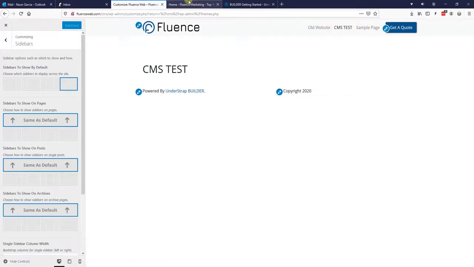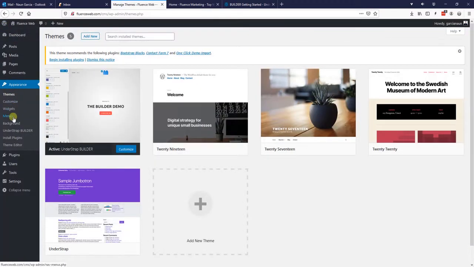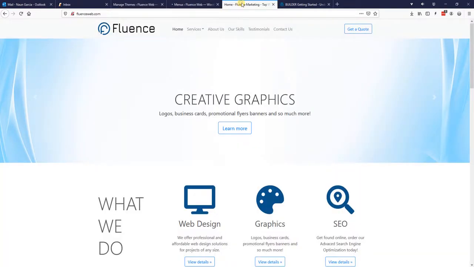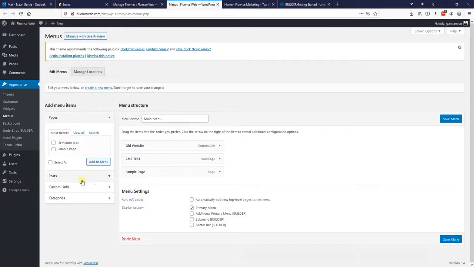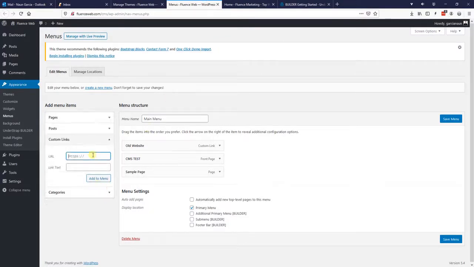And I'm also going to redo my menu really quick. And all you have to do to exit this is just hit close. It's going to take you back to the dashboard. I'm going to go to menus. I had home, services, about us. And if we go to custom links, if you put in a # for the URL, you could add just a custom link. So